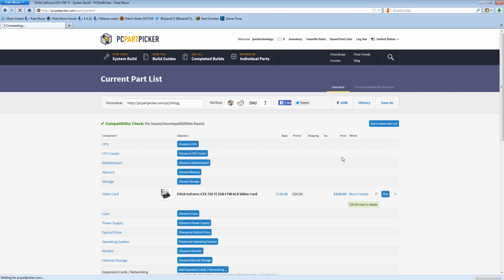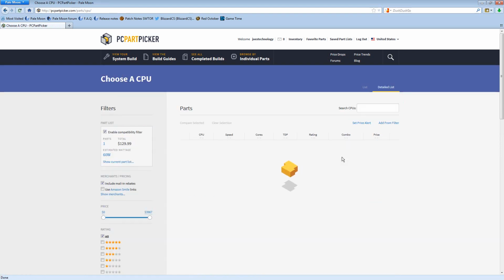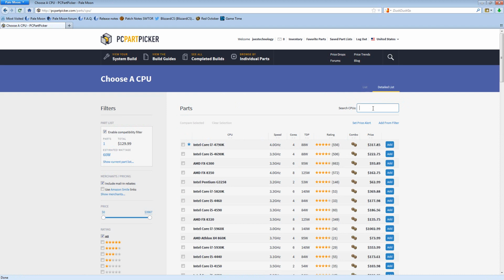Well, we need a CPU that's going to keep up. That won't be too expensive, but at the same time is not going to bottleneck this card. So, let's just go ahead and...